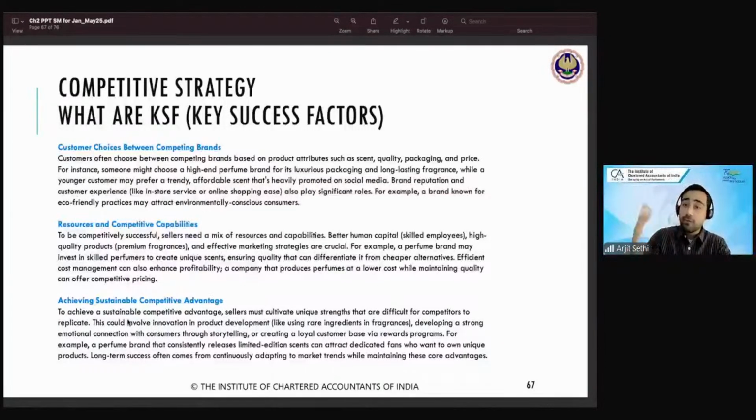People like good food in taste or good looking food. That's what the restaurant has to decide. Do people really like my good looking food for their photos, or they really like food which is tasty? Choice between what consumer does. Resources and competitive capability, again, what do you have to do? You may have to invest in skilled people, talent banana padega, technology, production, quality, innovation you will have to work on. That's what the number two is.